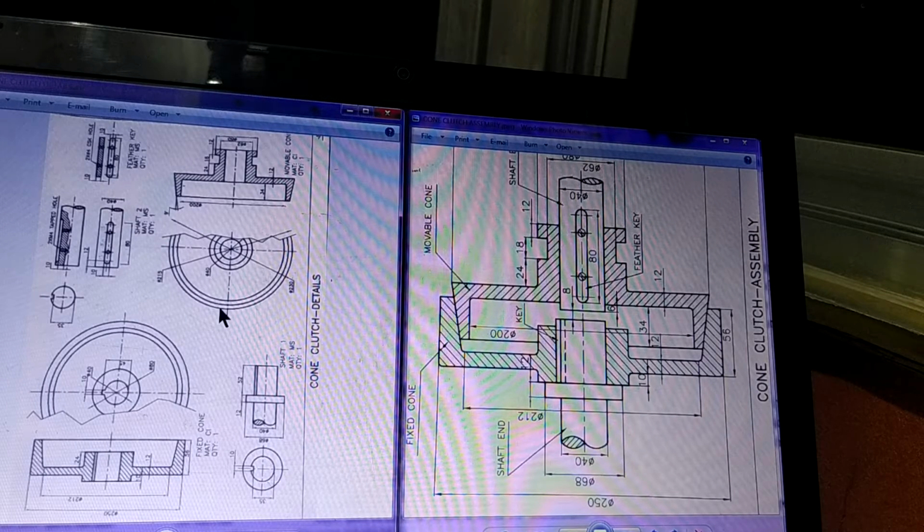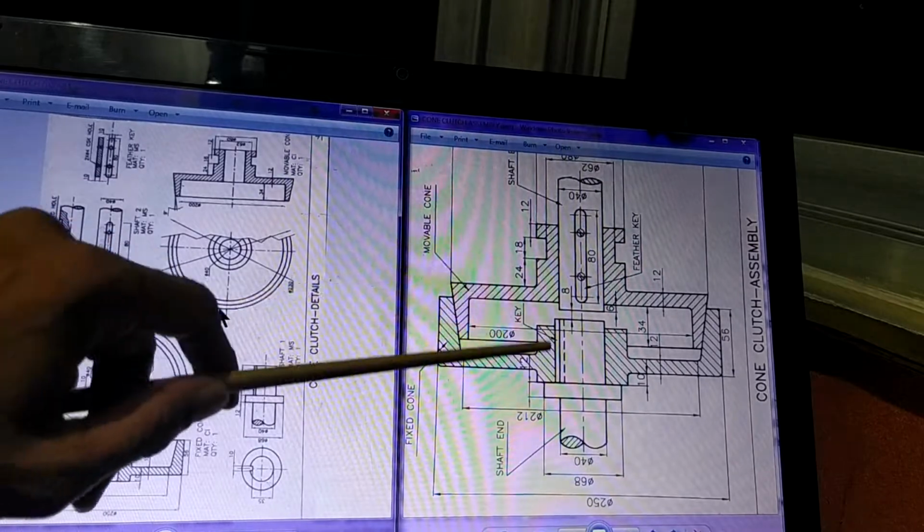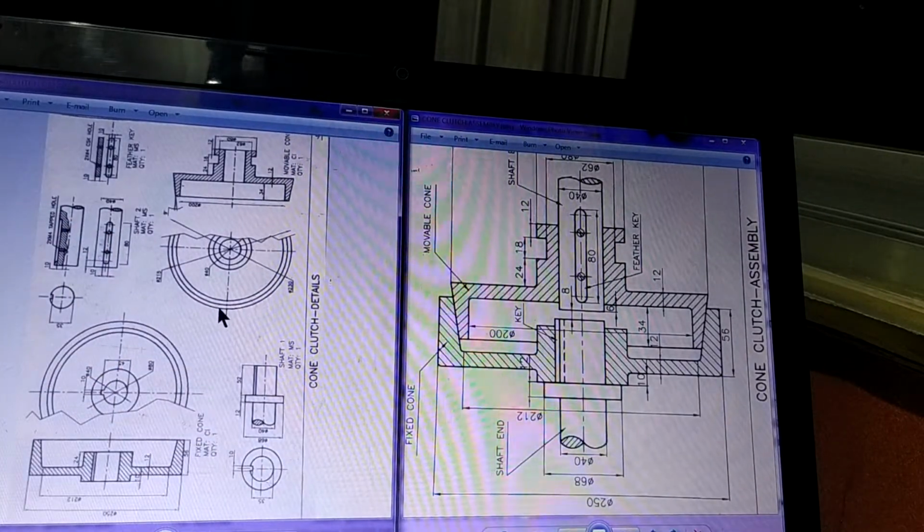You will realize that whatever drawing we have learned right from the first semester, when it was engineering drawing 1, engineering drawing 2, then machine drawing 1, and now this is machine drawing 2. So in the 4 semesters, whatever drawing we have learned, all that drawing finally contributes to whatever we are seeing here, which is assembly and detailed drawing.